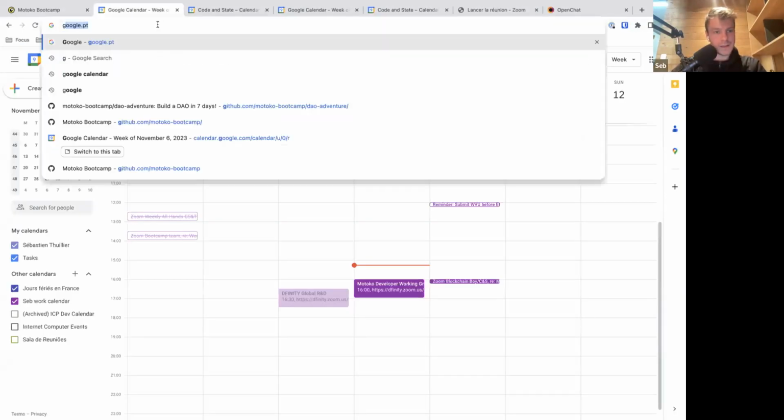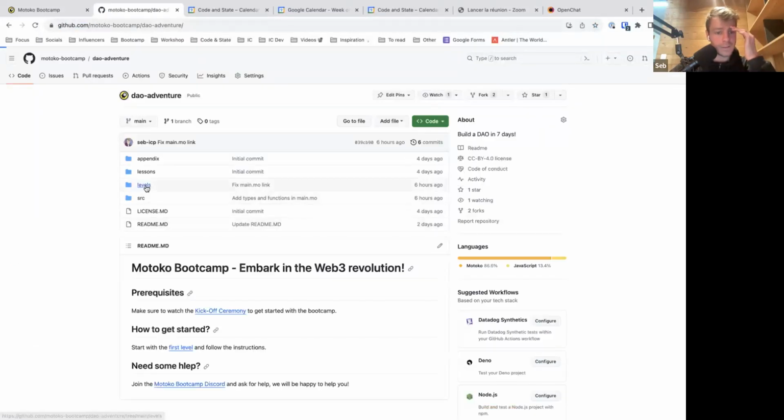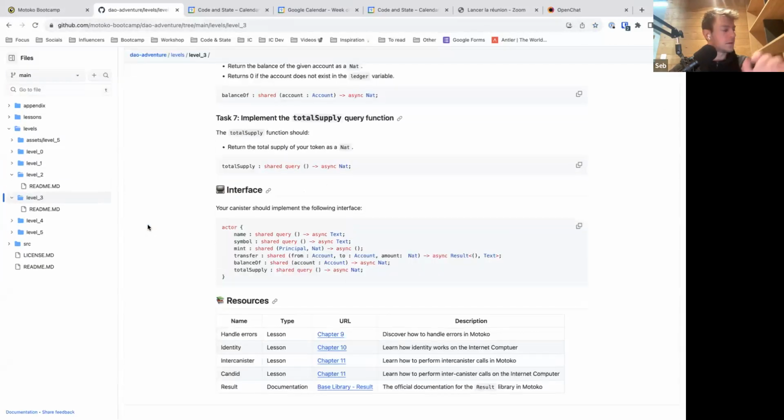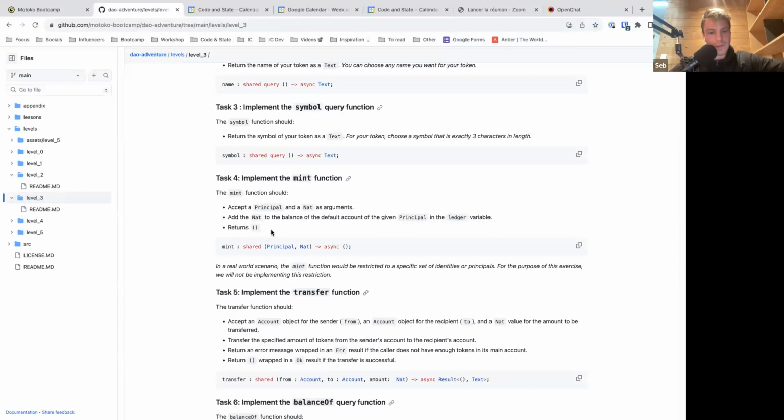So obviously, let's go to here. It's level 3. Right, yeah, level 3. So implement the mint function, accept a principal and a NAT as arguments, and add the NAT to the balance of the default account. So the idea with this is to,